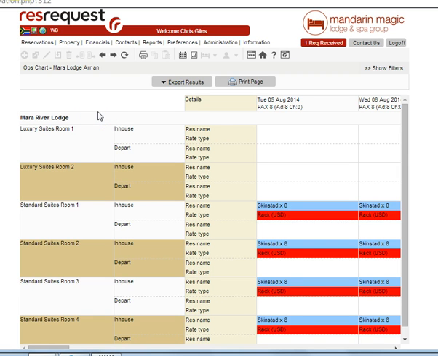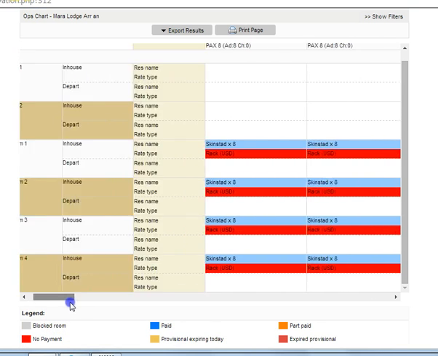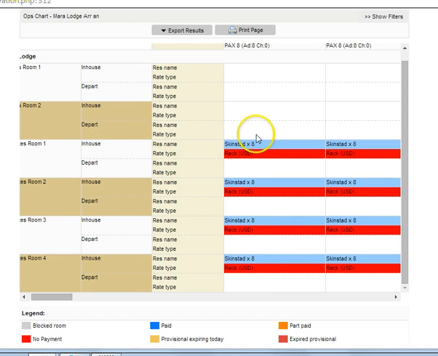This top section is the accommodation chart and can be changed as required by the user. In this case we have the dates along the top, the rooms and accommodation down the left. Scrolling across we can see in-house, departing, who is arriving, what rate type they have for that particular booking. In cases where there's full board, half board, that can be indicated here as well under the rate type. Now in addition to the accommodation